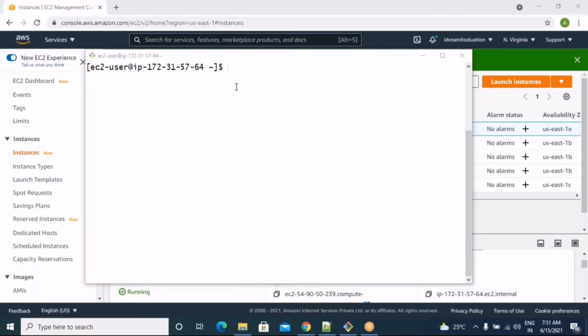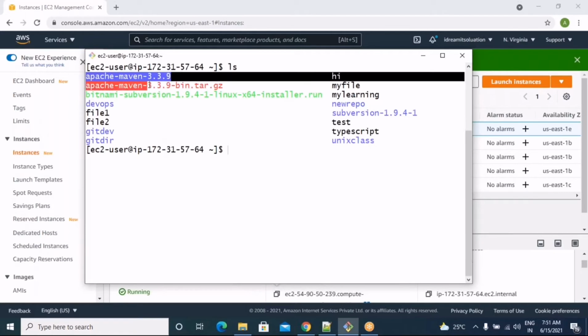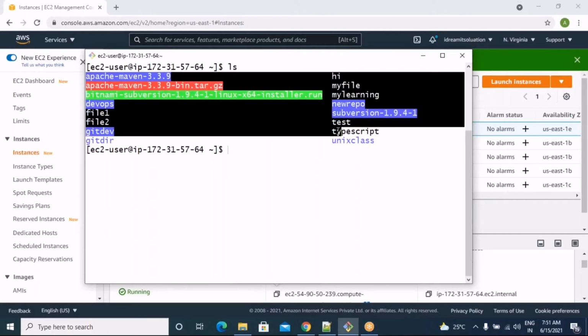Let's start from ls. So what is ls? ls will list down your files, directories and subdirectories in a directory. Like your current directory, suppose I put ls. It will display your files, your folders, sorry, your directories.